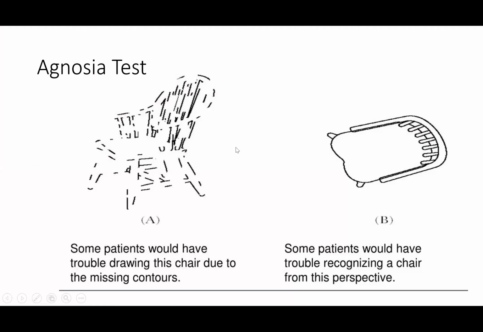This is supposedly a way to test for agnosia, where people with visual agnosia cannot see this as a chair because there are so many gaps, and most of you who are watching probably can tell that that is a chair. This as well is a chair, and that is a different way of testing it. The angle is very strange.